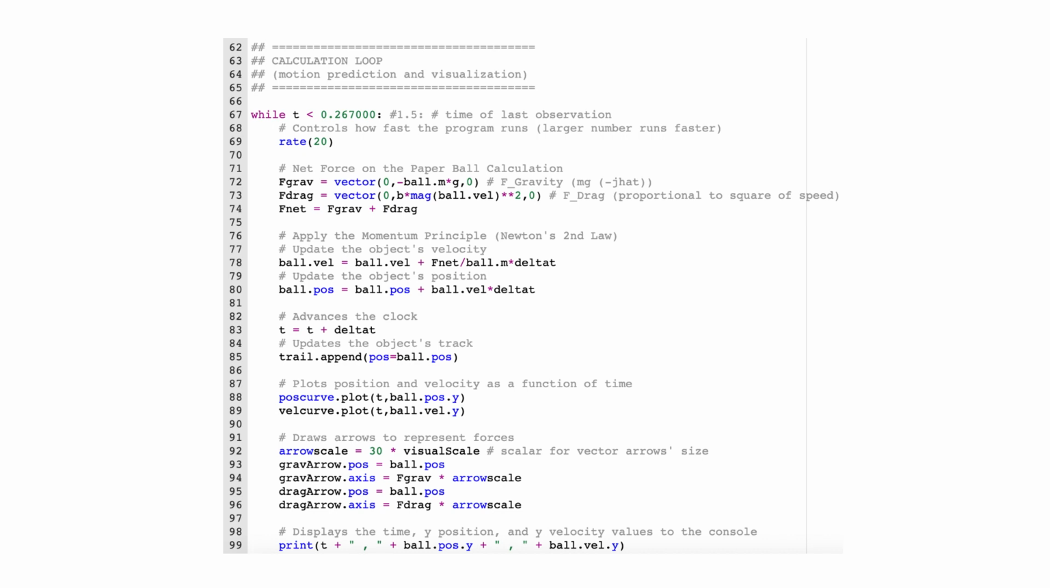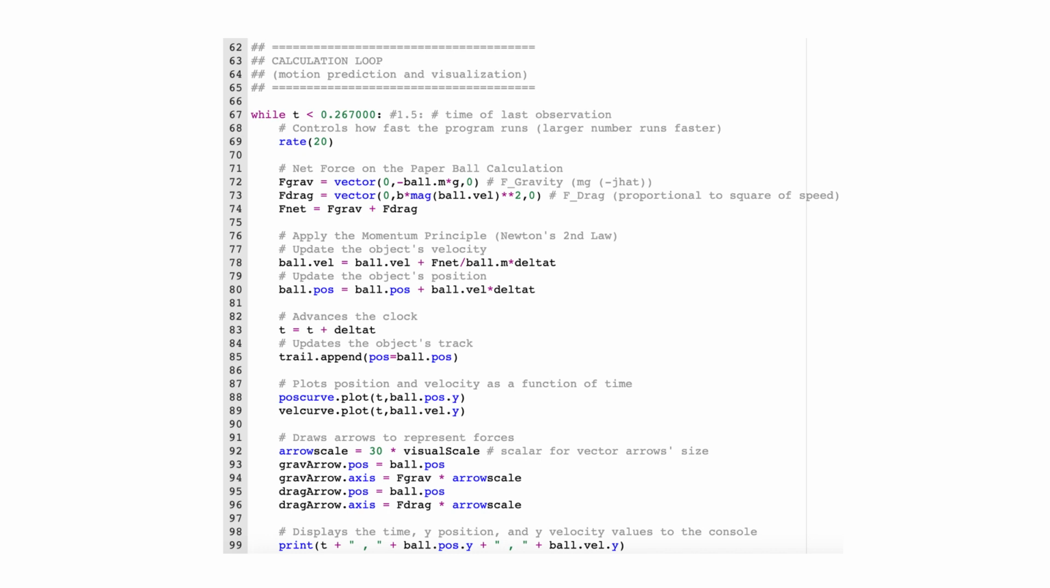Model 1. The force of gravity is calculated by multiplying the mass of the ball by g, the magnitude of acceleration due to gravity near the Earth's surface, or 9.8 meters per second squared. The force of drag is calculated by multiplying the proportionality constant b with the magnitude of the ball's velocity squared, as stated earlier. The ball's velocity is updated with the velocity update formula to calculate the change in velocity after